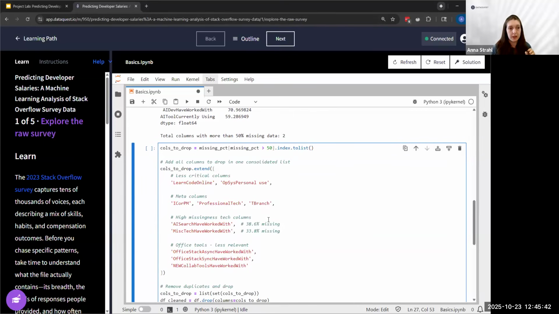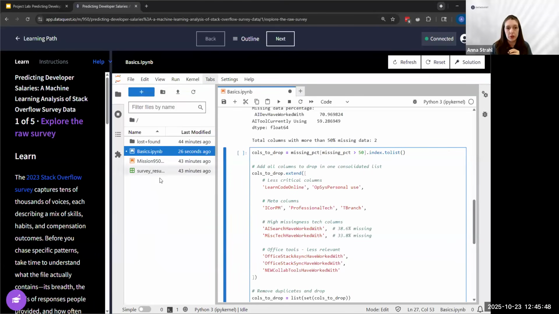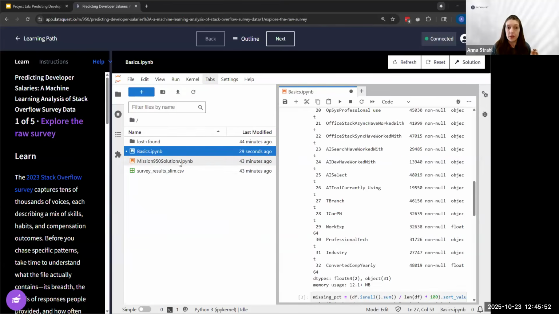Benjamin, yes, your basics notebook should be empty. Basics is where you do your work. So if you look on the side here, I'll expand it out, you'll see that the solution notebook is available for you to reference, although I caution you not to do that. Start with basics.ipynb as the area where you write your code, and peek at the solutions if you get stuck or need a reference.